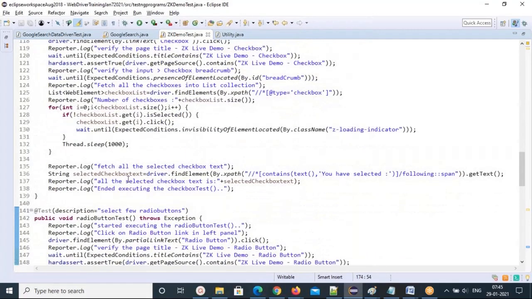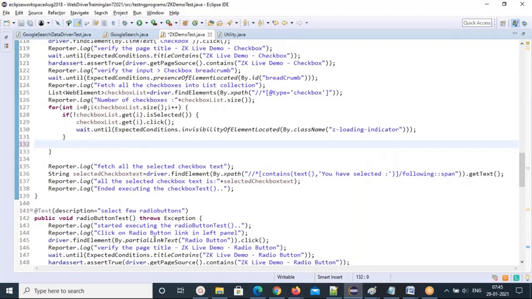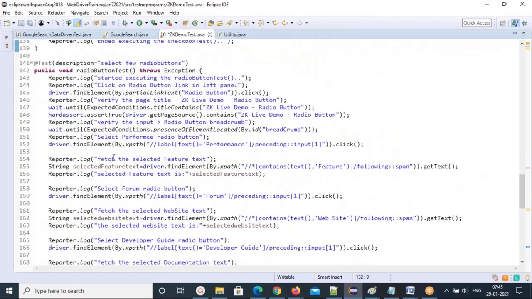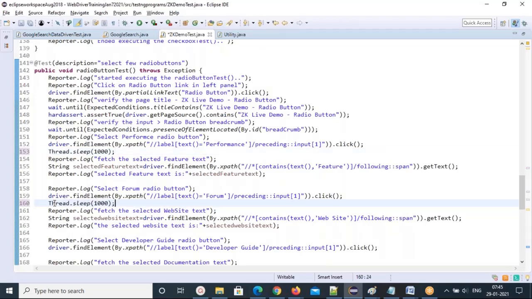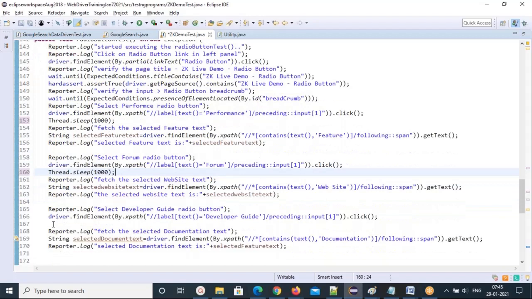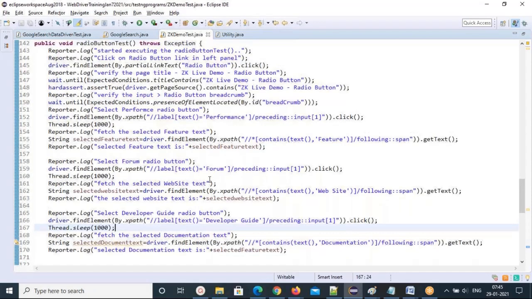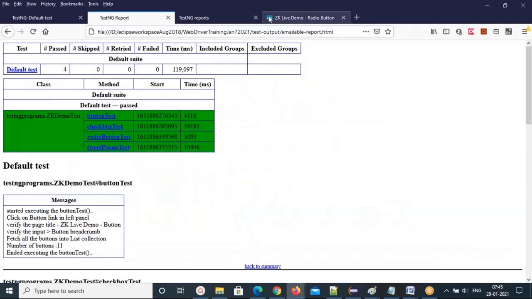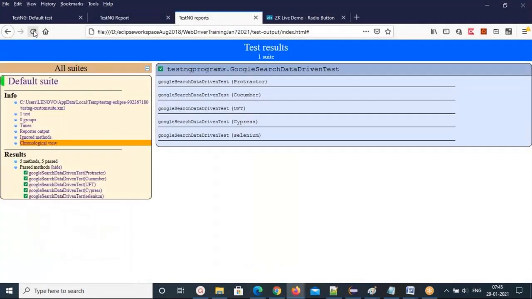I'll just remove this and include after selecting each radio button some Thread.sleep. A little bit, not much. 1 second we are adding. 1 second is enough. If still not sufficient, we'll see that. So this is the one. What are the things we need to improve? That's it. And then the last report you can also see.